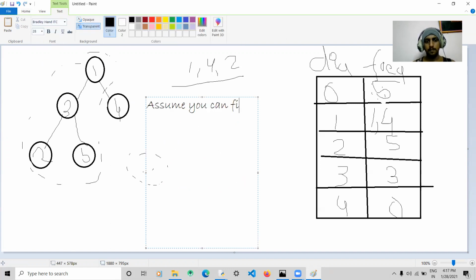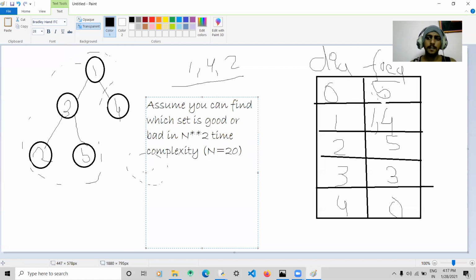Assume you can find which set is good or bad in n square time complexity, which is doable, because n is 20 at most, so very doable. We'll get to that. Now, once you have figured out how to find whether a subset is a good subtree or bad subtree,